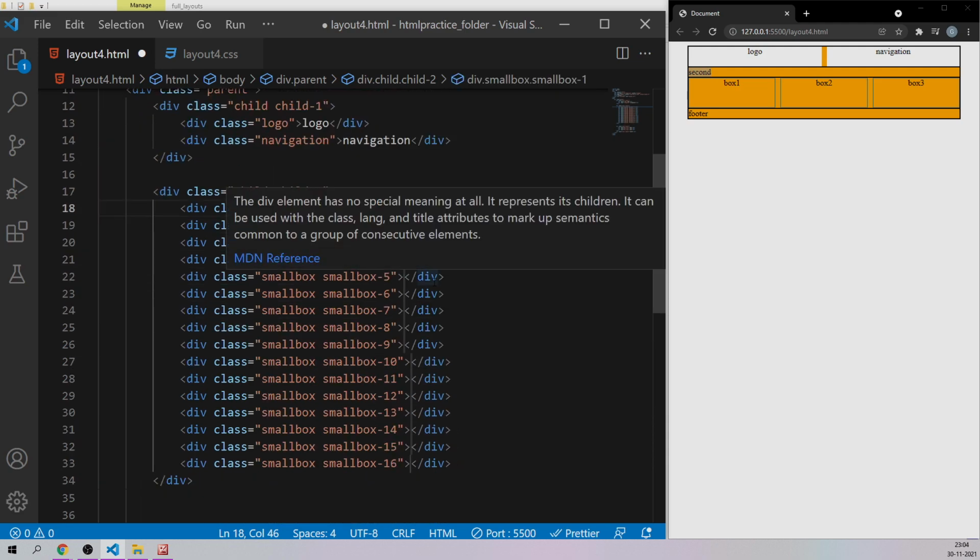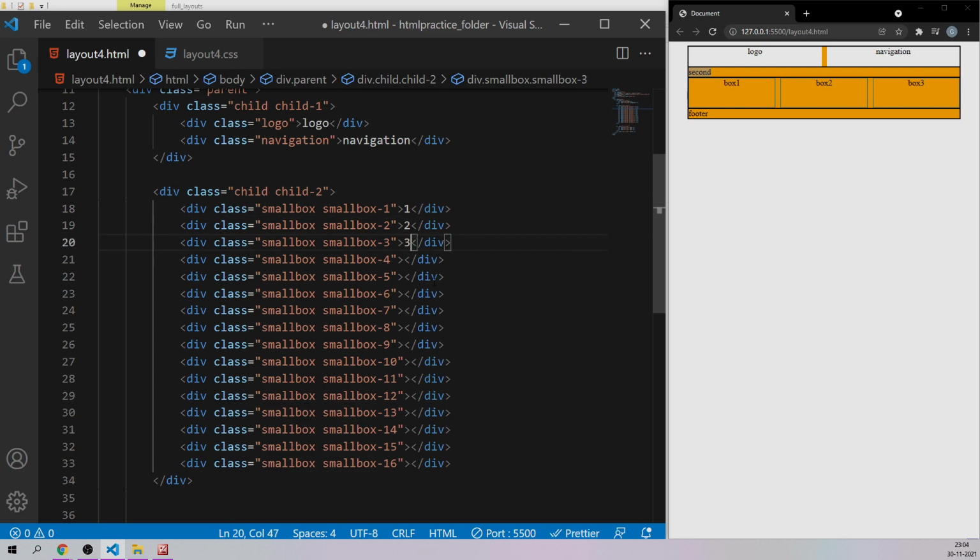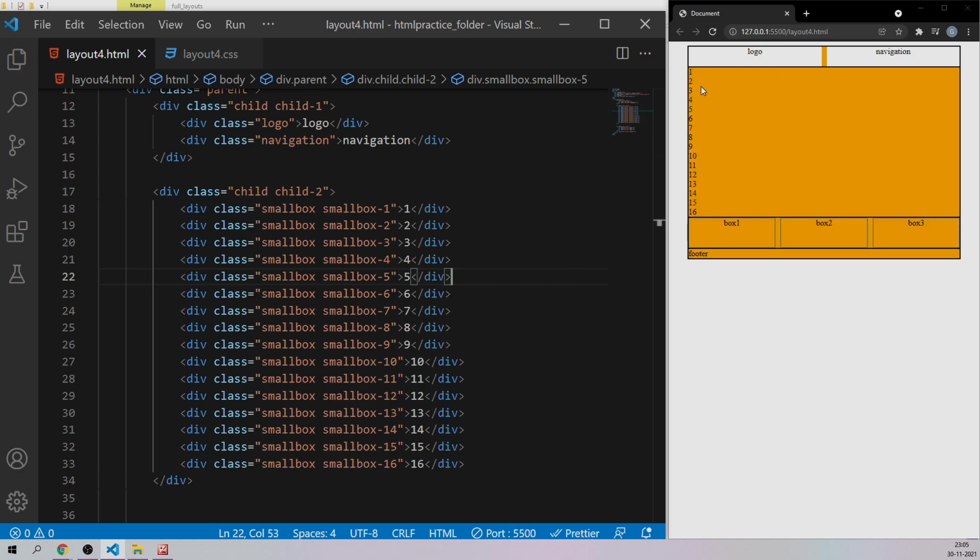And let's just simply put numbers inside that: 1, 2, 3, 4, 5, 6, 7, 8, 9 and 10. Not here, but here 10. Then 11, 12, 13, 14, 15, and 16. So we have a total of 16 child elements right now.